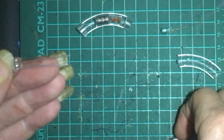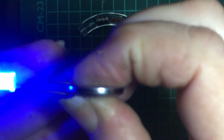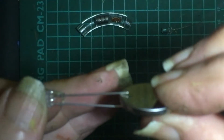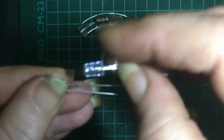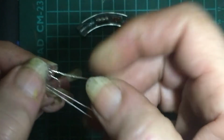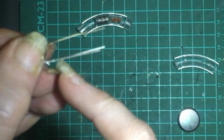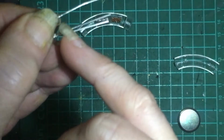So now before you cut them, what you need to do is make sure that you've got the right polarities touching, because the blue, the long one, has got to be the positive side. So we're keeping that one long, and matching, taking the one that we've just taken out, matching the distance of the wire so that it can go back in. So now we're going to bend this wire in this position because that's where that one is lining up